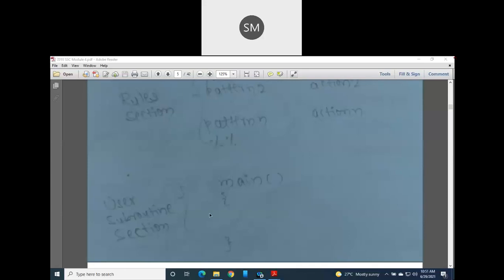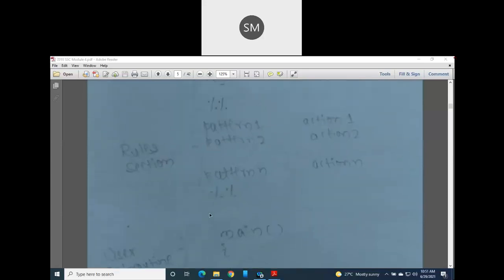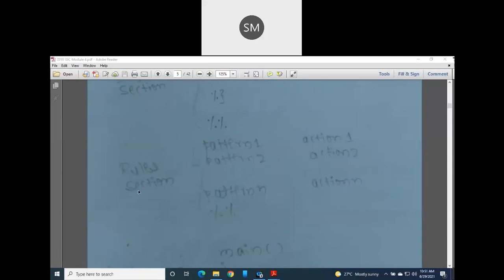Okay, now come to the middle section, guys, which is the rules section, which is a very, very important and challenging task for you. You have to concentrate and focus on this. As its name itself says, the rules section contains a set of statements called rules, a list of rules.